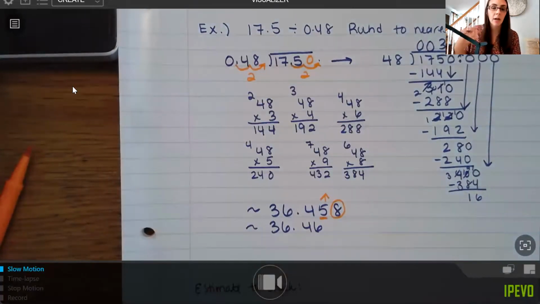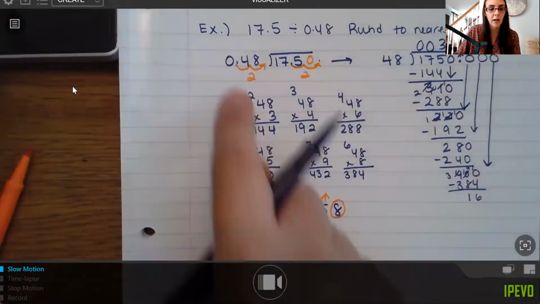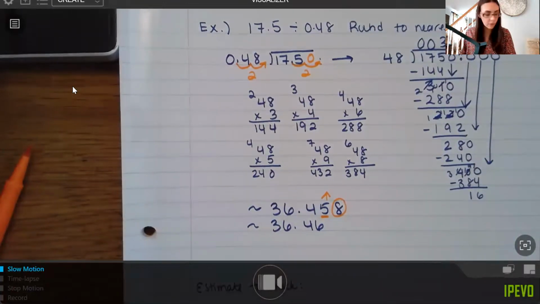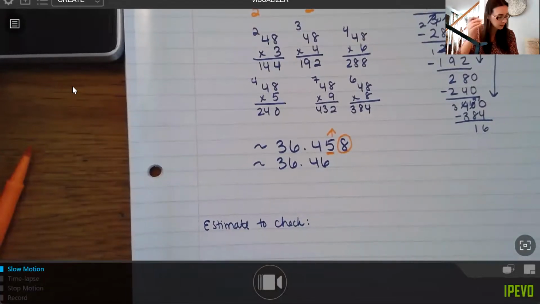So when you're checking your long division, if you have an approximate or rounded answer, when you multiply out to check, so if you did 36.46 times 0.48, you're going to get close to 17.5, but not exactly there. So just kind of a warning if you don't have an exact answer. But we can also estimate to check here. So for instance,